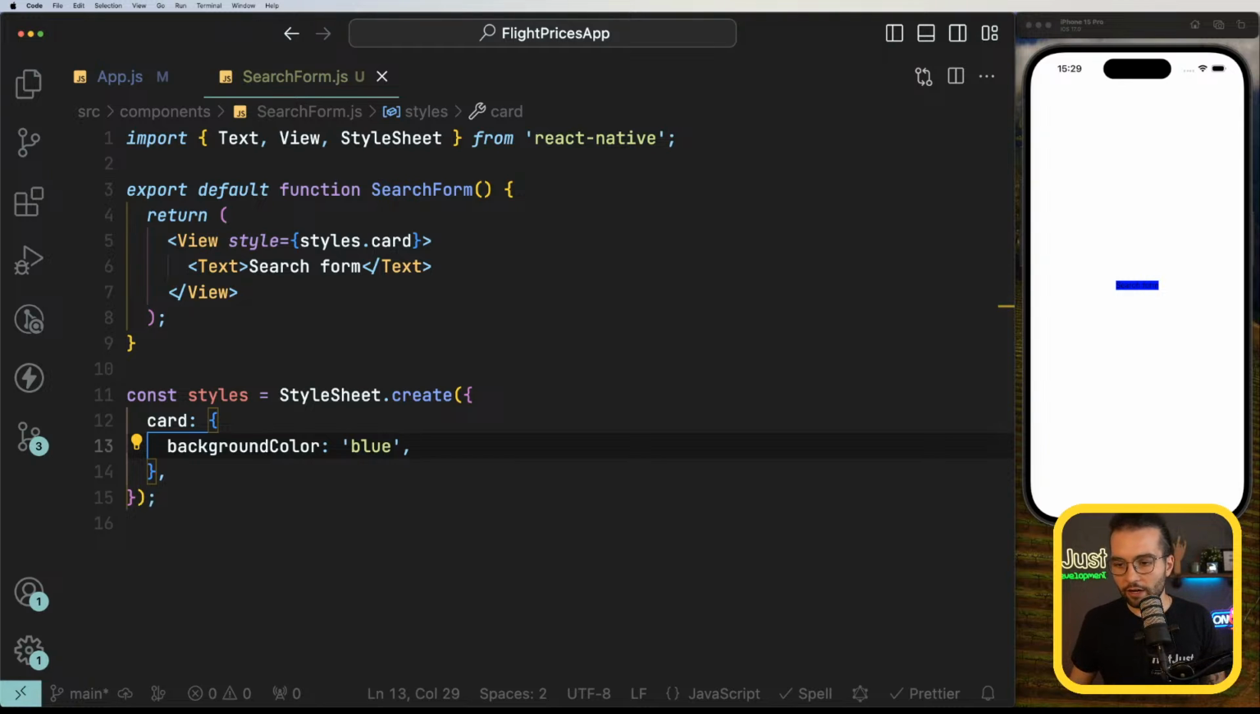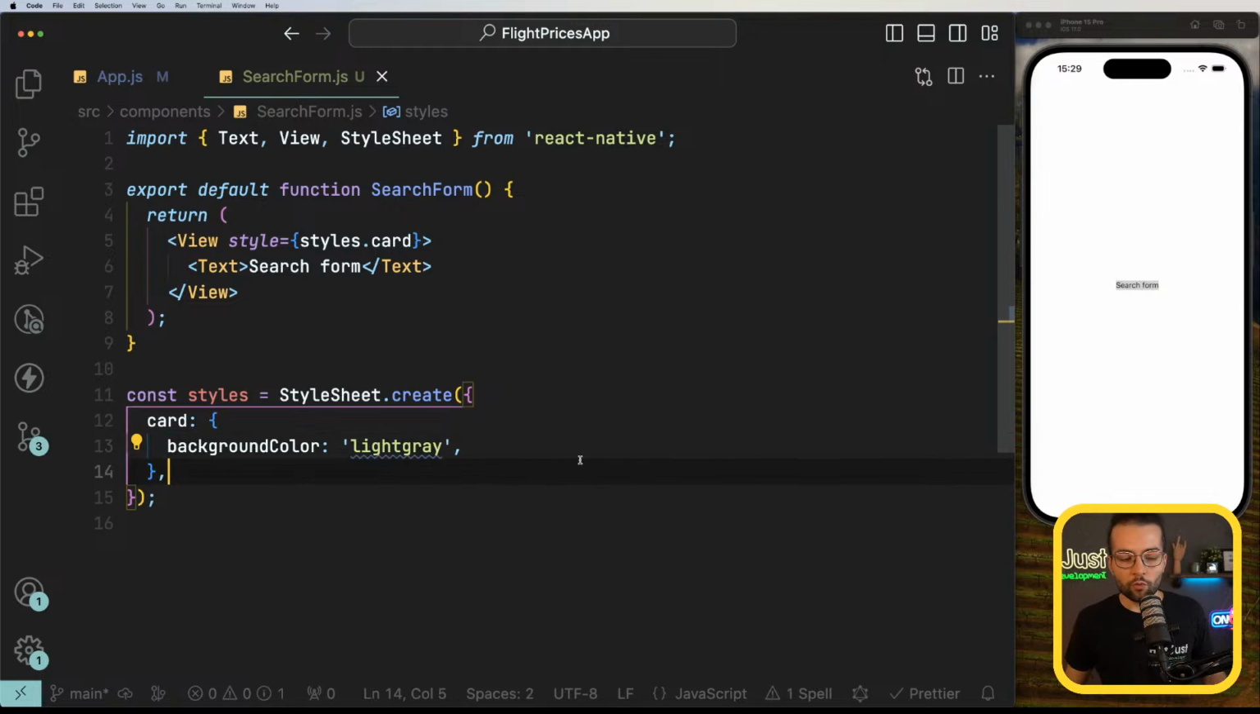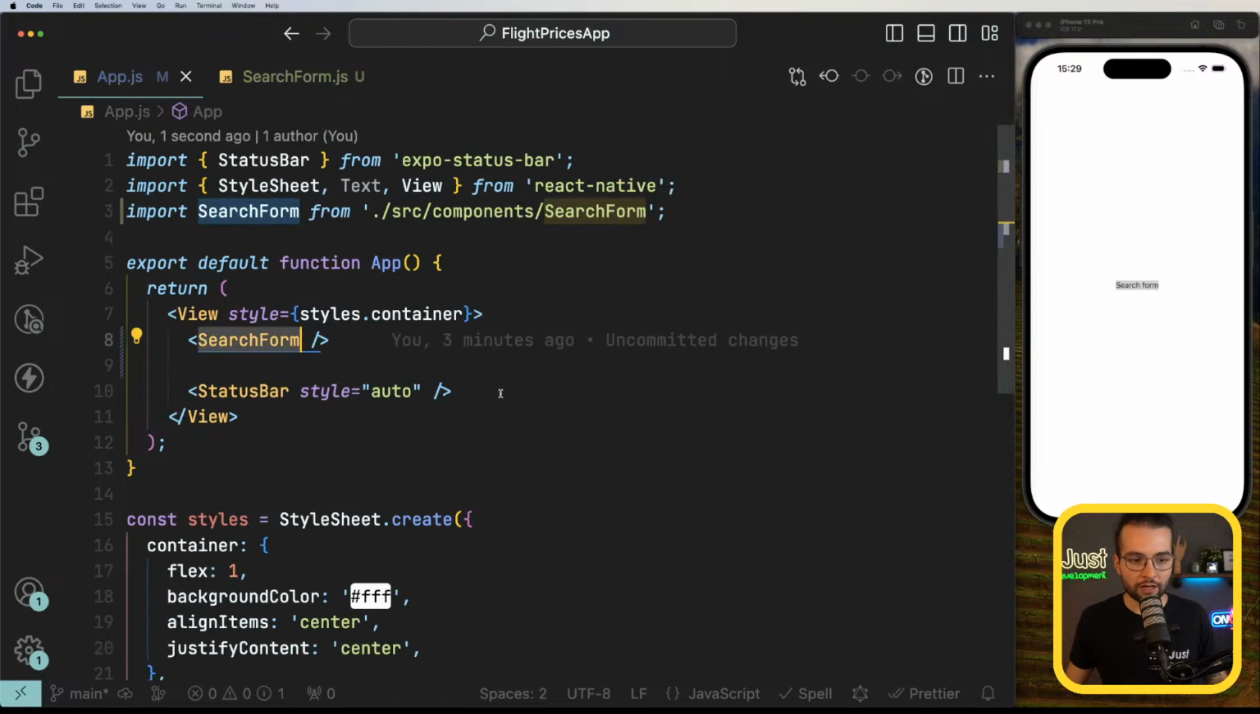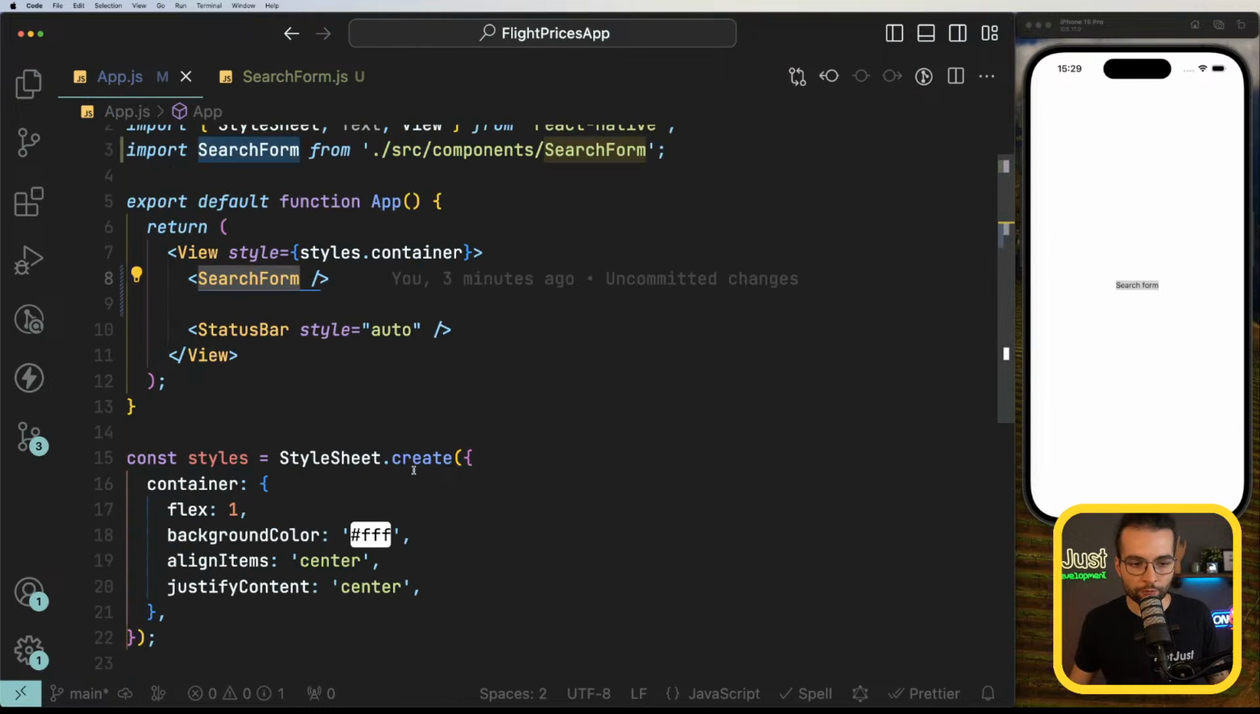Perfect. Now, yeah, actually, I don't know, light gray or something like this just to see this form. What I want to do is go back to our app.js and remove some of the styles